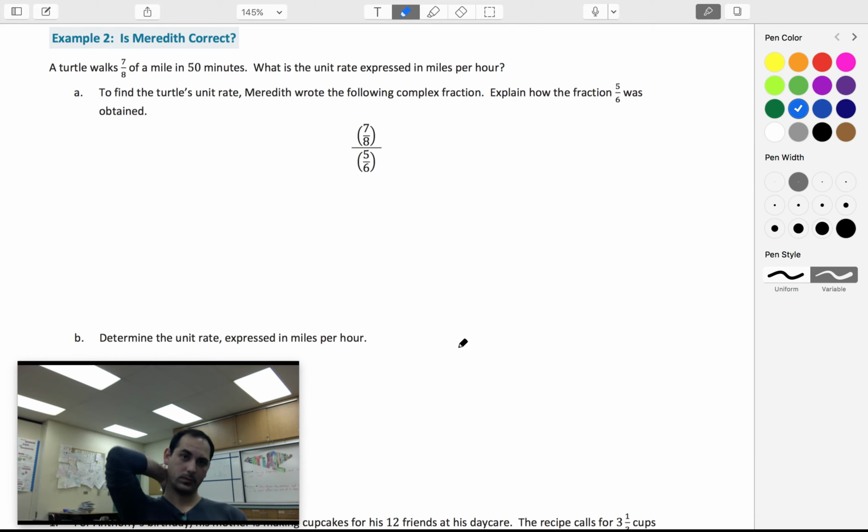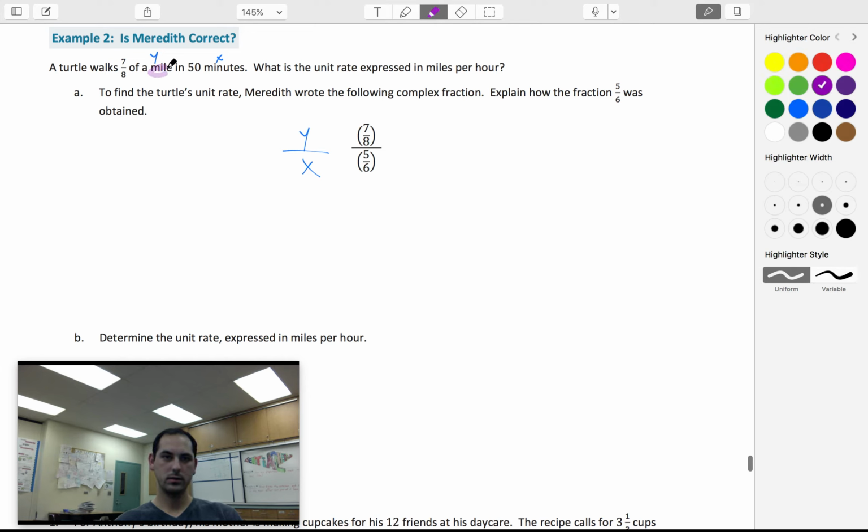Example 2, is Meredith correct? So a turtle walks 7/8 of a mile in 50 minutes. What is the unit rate expressed in miles per hour? So part A says to find the turtle's unit rate, Meredith wrote the following complex fraction. Explain how the fraction 5/6 was obtained. They're still using what I showed you as y over x for the ratio. They're taking the minutes is your x, and this is your y. So they're plugging in